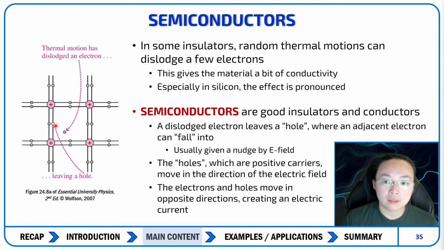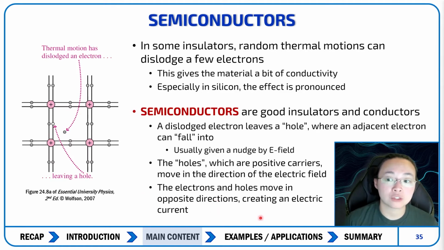First of all, the electron isn't supposed to be here. It was supposed to be here in this hole. When it's dislodged over here, due to thermal motion, it's going to leave a hole where other adjacent electrons can fall into. And that's usually given a nudge by the electric field that's present within your object. The holes are then considered positive carriers and they move in the direction of the electric field. So both the electron and the hole are going to move in opposite directions,